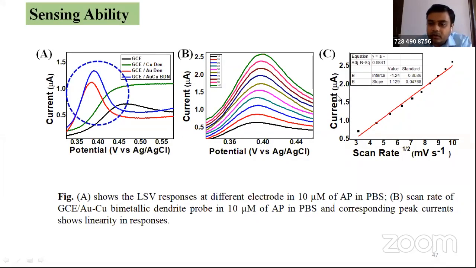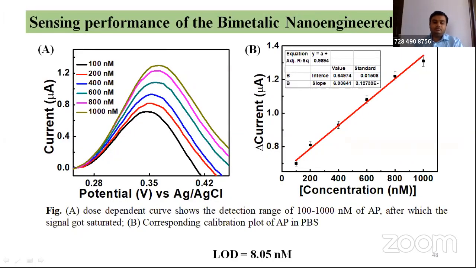And after this process, we make a standard plot. Again, that standard calibration plot that I discussed earlier, LOD, LOQ, LOL, and the dynamic range. Based on this plot, you can get the final results, something like this. Here also, from 100 to 1000, when you are increasing the concentration, you are getting a straight line. It means it works very well. And the LOD in this case is 8.05 nanomolar.